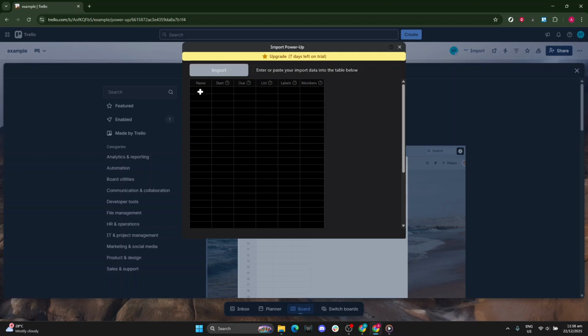YYYYMMDD. If you don't see the power-ups option, you may need permission from a workspace admin or a paid plan for certain features. That's it. You've enabled the Import to Trello power-up and brought your data into